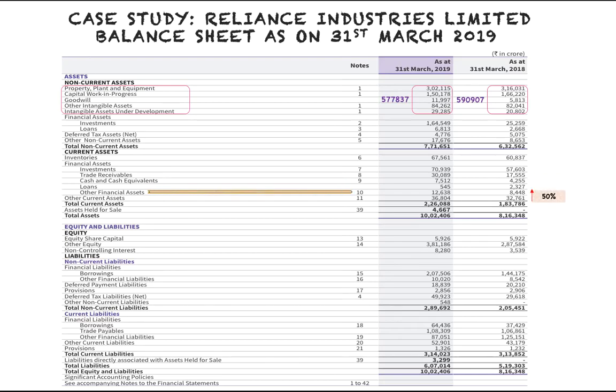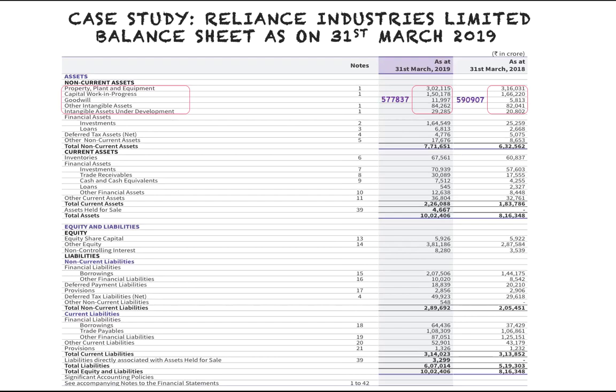Other financial assets from 8,000 crore to 12,000 crore. This is nothing but your interest accrued on FDs, and it also has some deposits given which have increased this year for new businesses and all. So that's why it's grown like this. Other current assets are not marked, but that's grown from 32,000 crore to 36,000 crore. That is all your tax receivables, your TDS, your GST, and all your receivables from government, plus your prepaid expenses and all this sitting there in 36,000 crore.